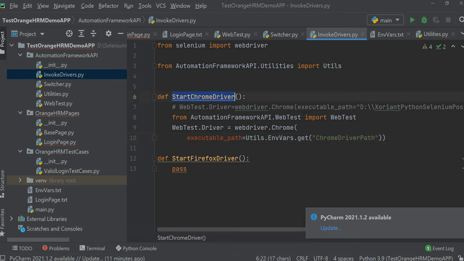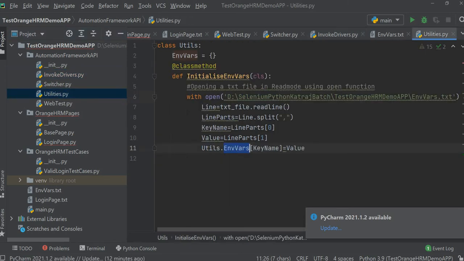So in our start Chrome driver function, our driver would be instantiated, webdriver.chrome, and the path of the driver will now be taken from this env vars dictionary.